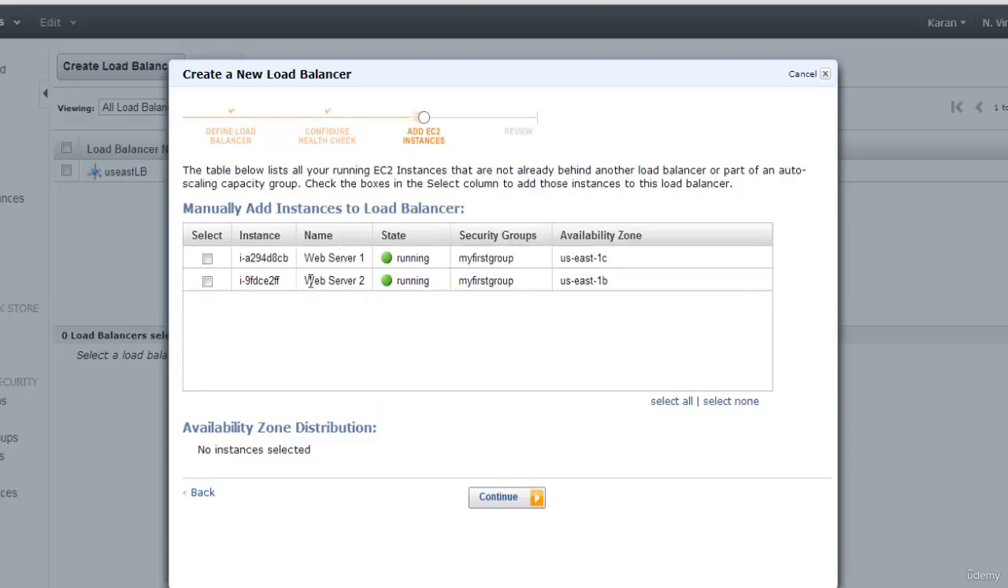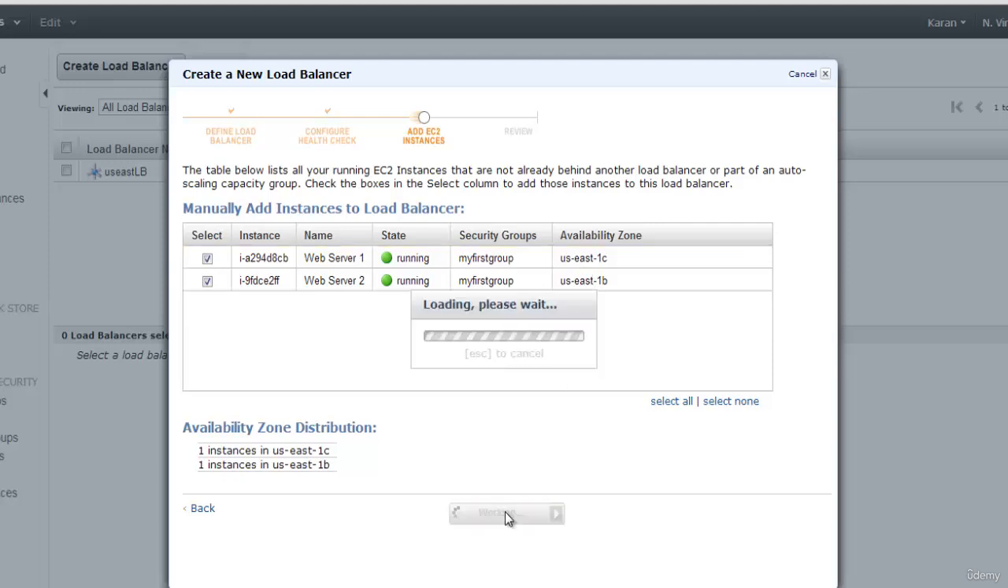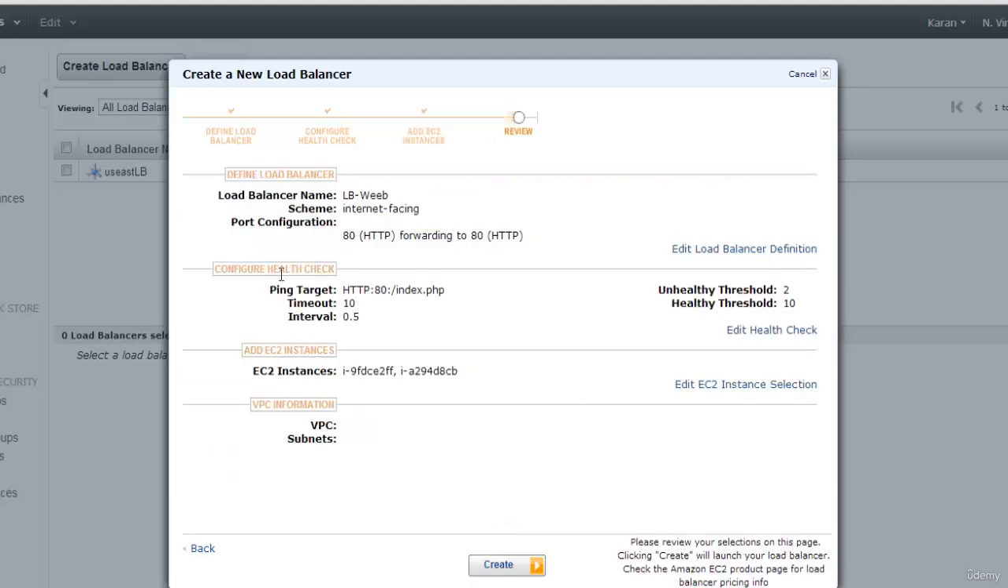Now here you can specify the number of instances that you want to include in your load balancer. It's always advisable that you should have at least 2 instances, and both instances need to be in different availability zones. And this is the summary. If you need to edit anything, you can still edit, otherwise just click on create